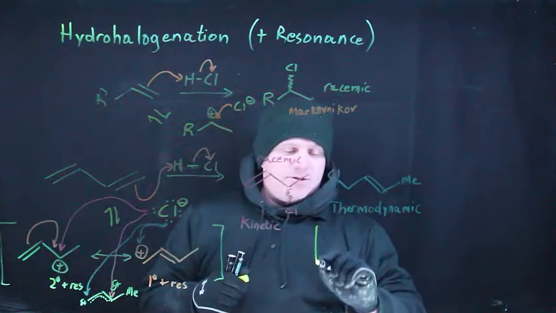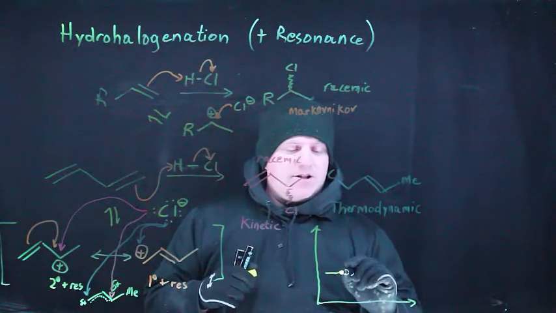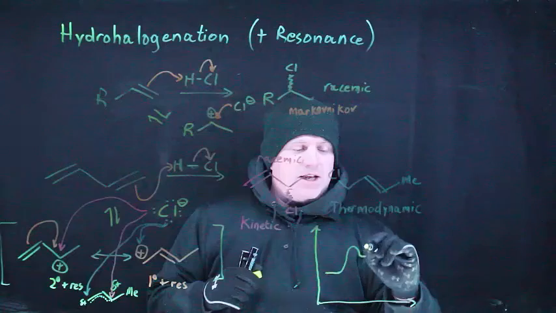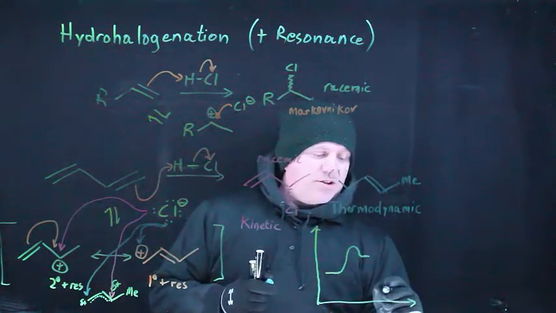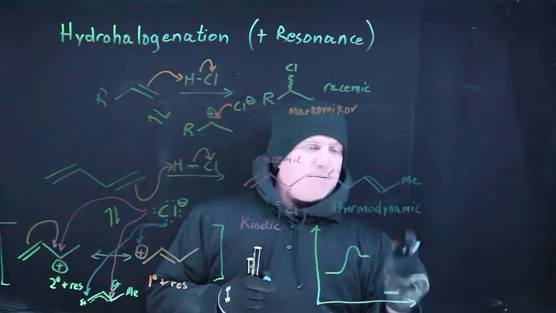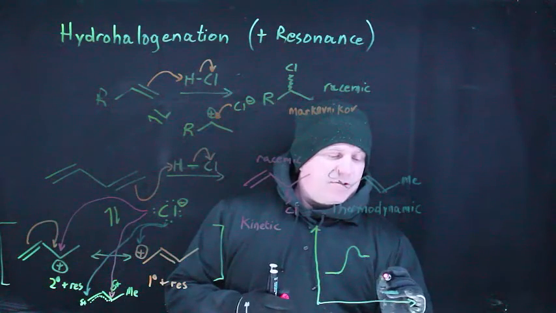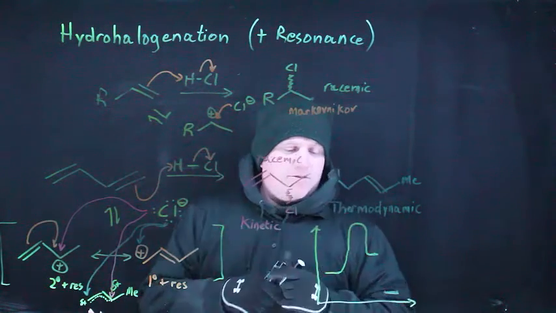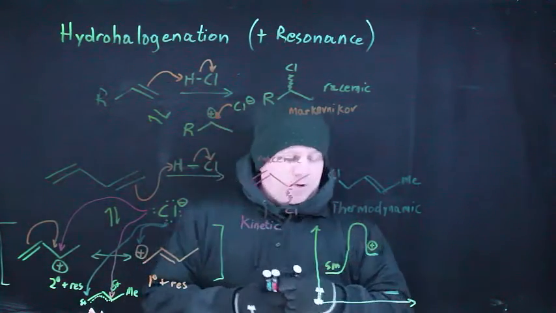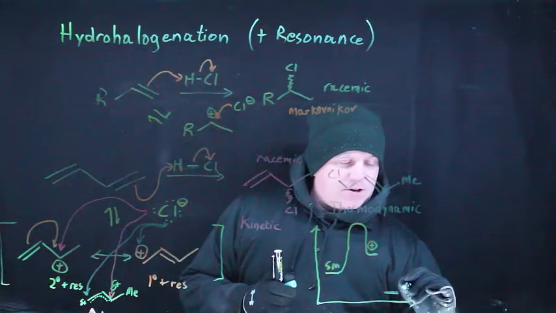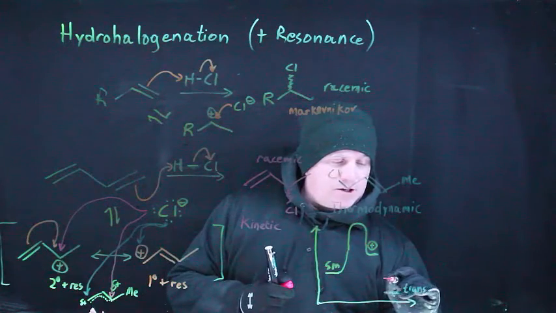And so thinking in terms of a reaction coordinate diagram, what we have here is starting at a certain energy, going until you reach a common intermediate, and then from this common intermediate, you're going to lead to two products, the lower energy of which is going to be the thermodynamic product, the one with the trans internal double bond, the higher energy of which is the terminal double bond. So you're leading from the starting material to the common intermediate, which is the cation, the resonance stabilized cation, and then we have the trans internal double bond product here, and we have the higher energy terminal double bond here,